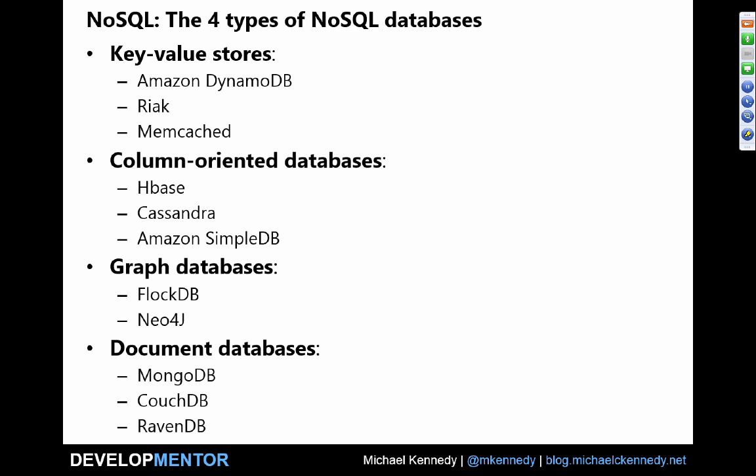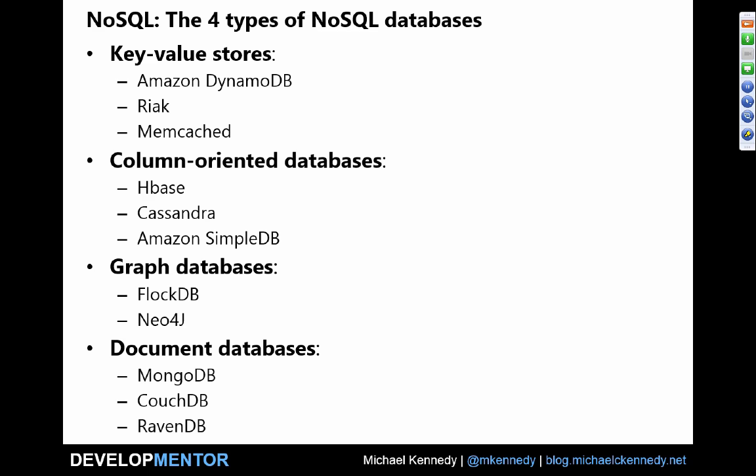Sometimes, as the Memcached name might imply, these are used purely as caching layers on top of other types of databases. It could be other NoSQL databases like a document database. It could be a relational database. More often than not, it's probably a relational database, to be honest. Next up is the column-oriented database, which is kind of like a regular relational database but with a lot of flexibility in what goes into the columns, like Cassandra and so on. Then we have graph databases, which are about modeling relationships, and we'll see that in a second.